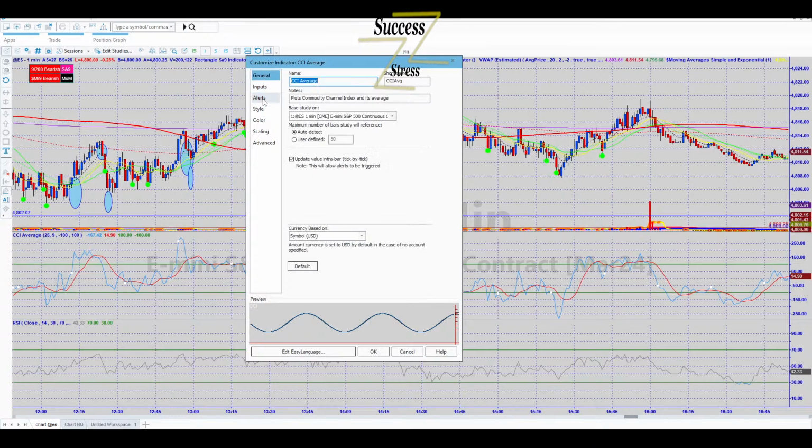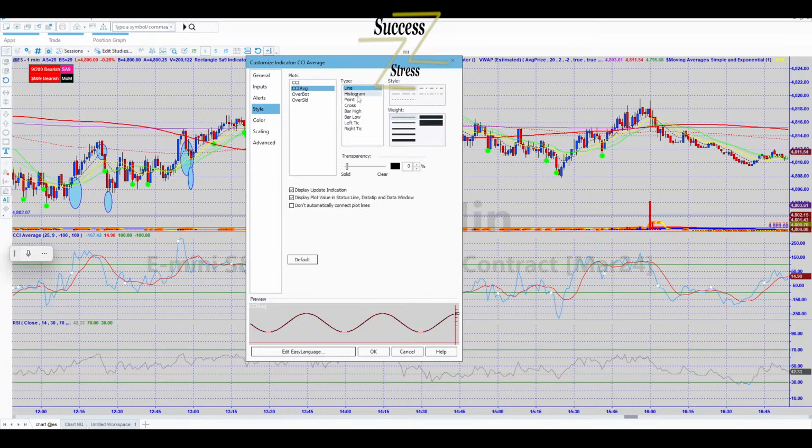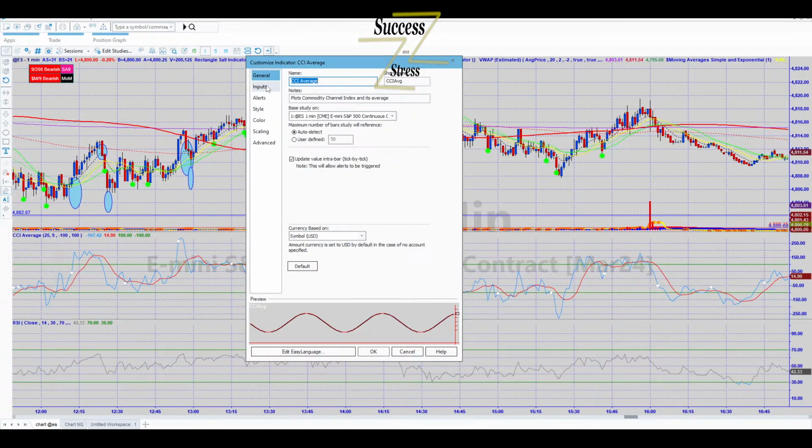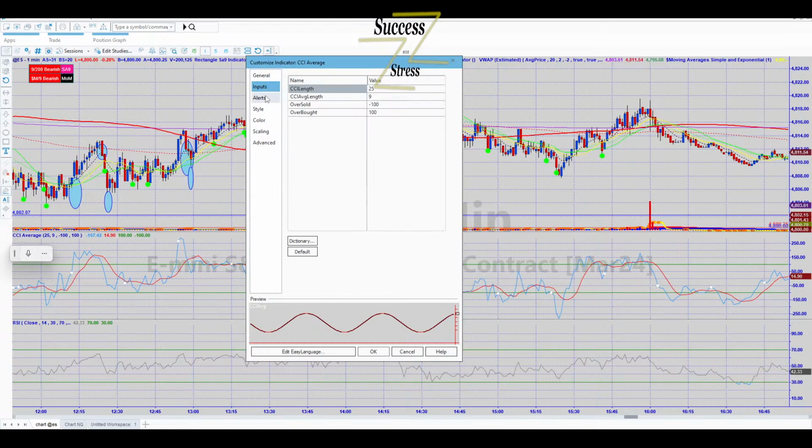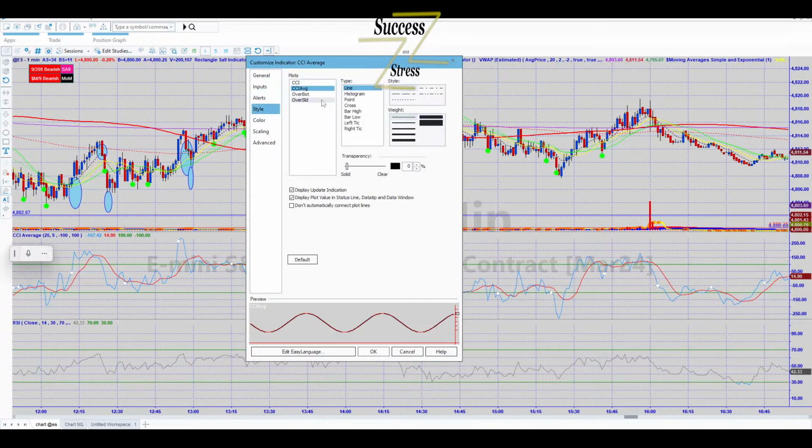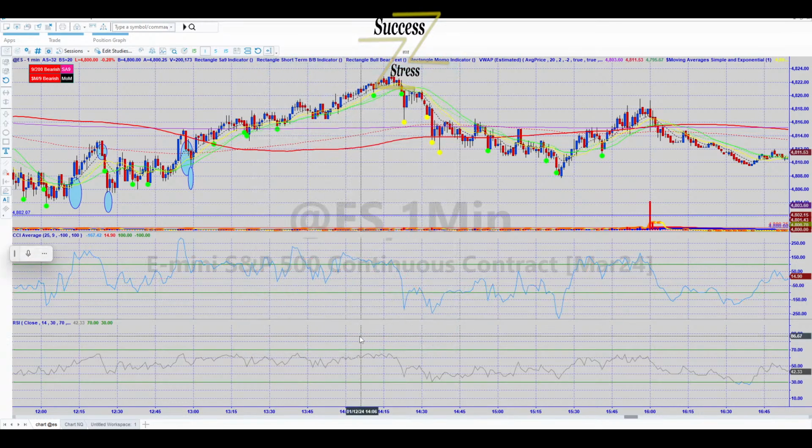Let's see. Style. Average length. I don't know if we can remove this. A lot of times it will let you remove stuff, but I tell you what, we'll make it 100% transparent. How about that? There we go. More than one way to skin a cat, brother. All right, so